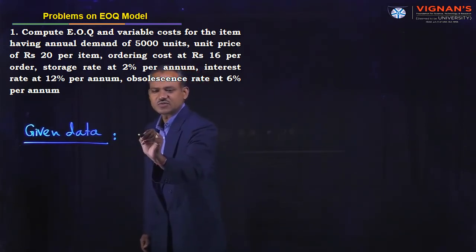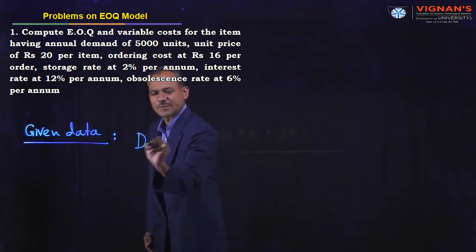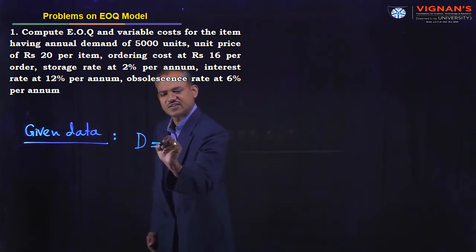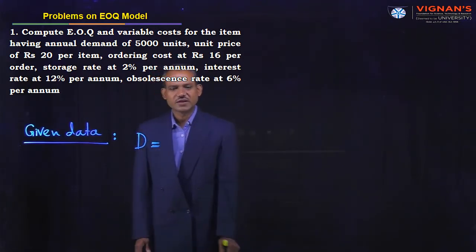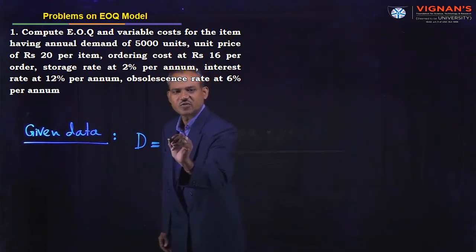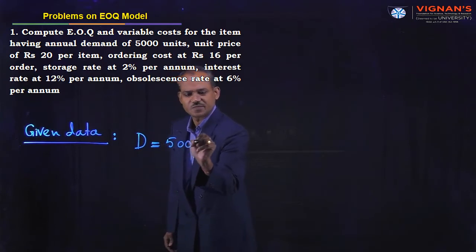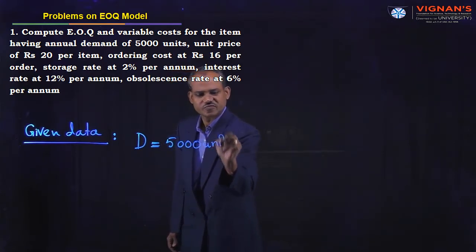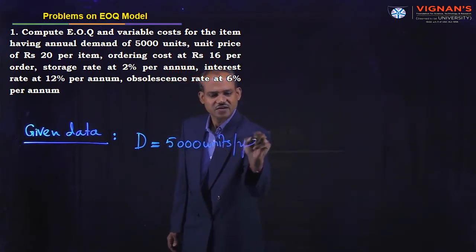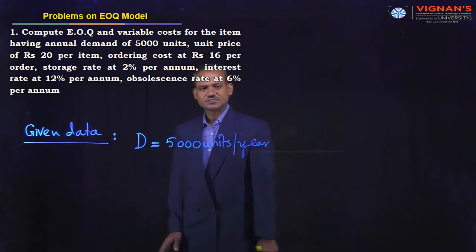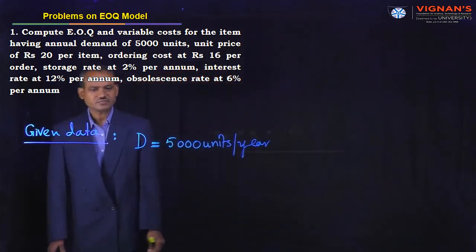Already assumed, that symbol is known as the capital D. Capital D is nothing but the annual demand, equal to 5000 units per year. Okay, demand is given. Next,